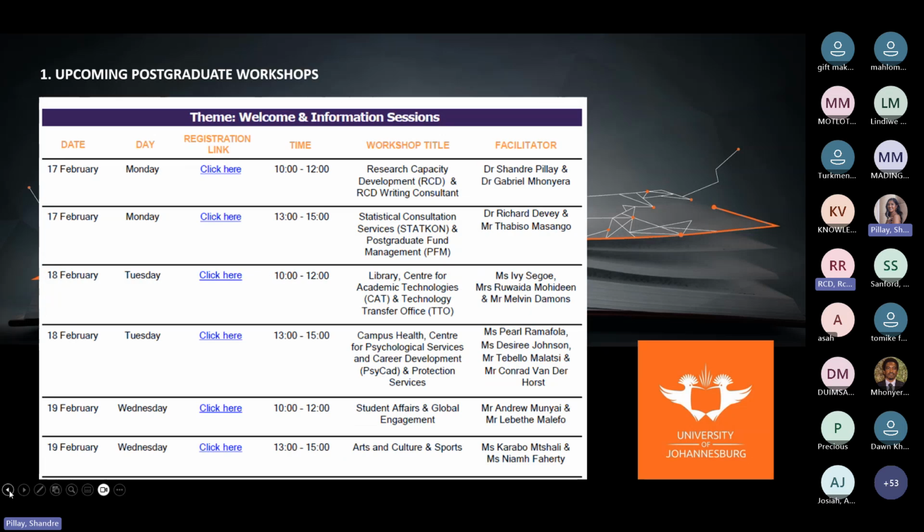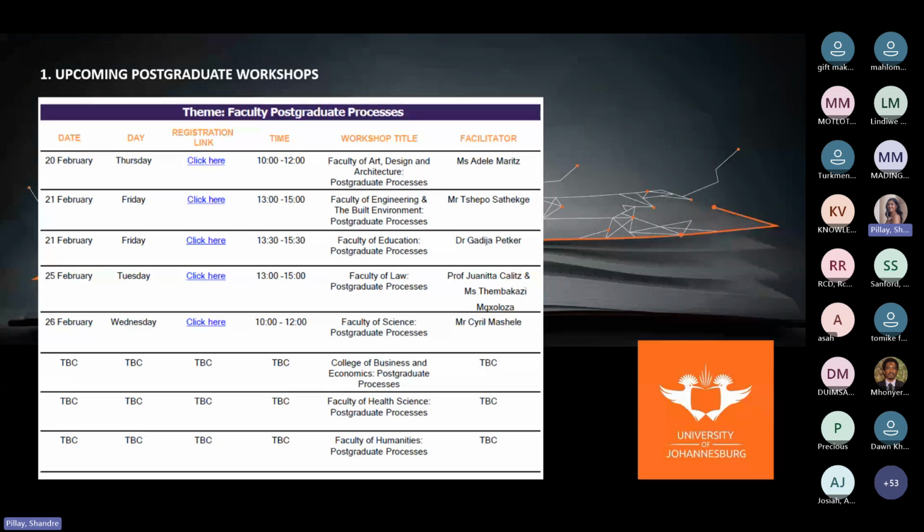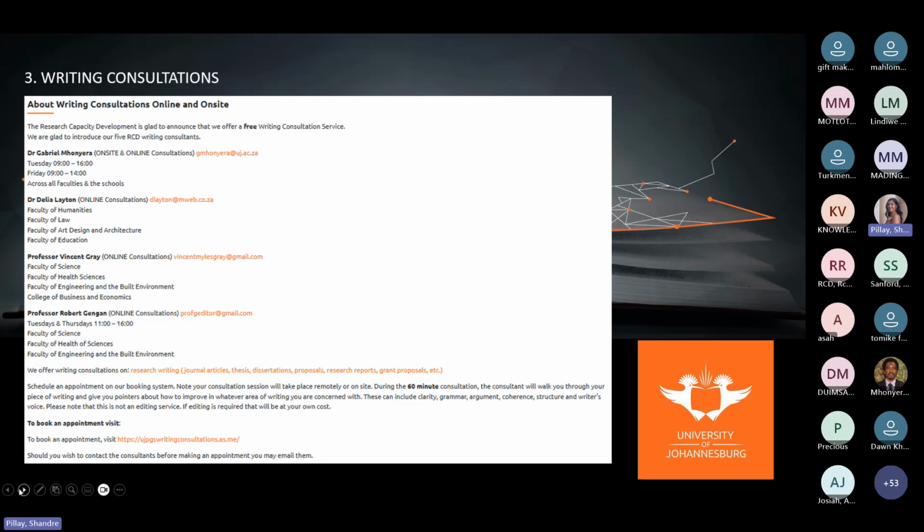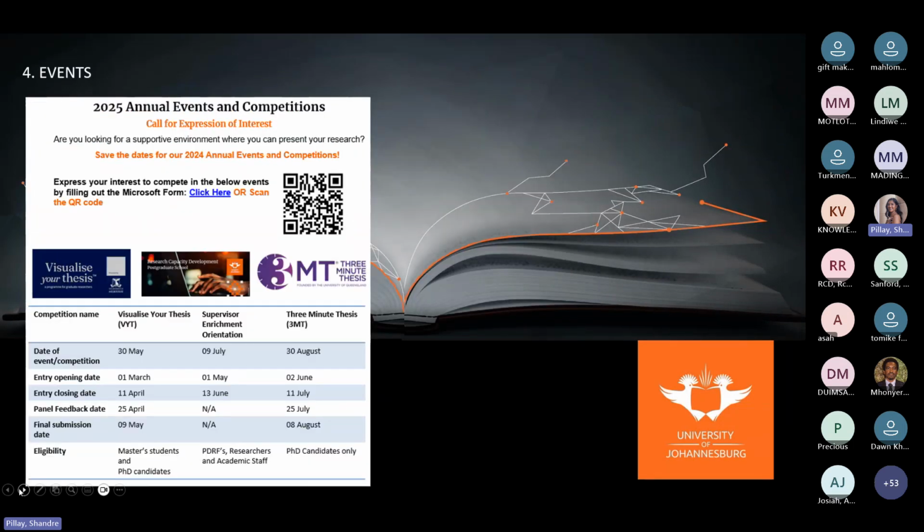Yes, so tomorrow, please sign up to that session as well. It's always easier to speak to someone than email someone. So also use these workshops as an opportunity to ask questions to the support service contacts.